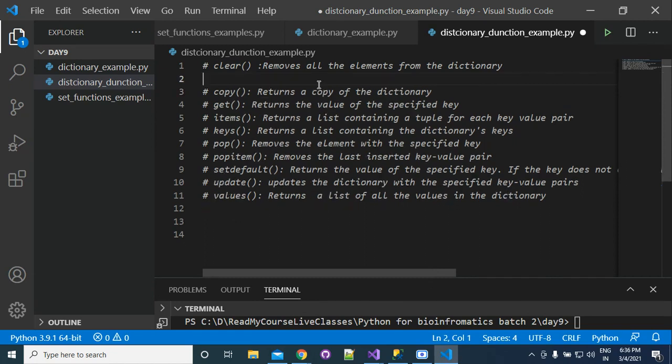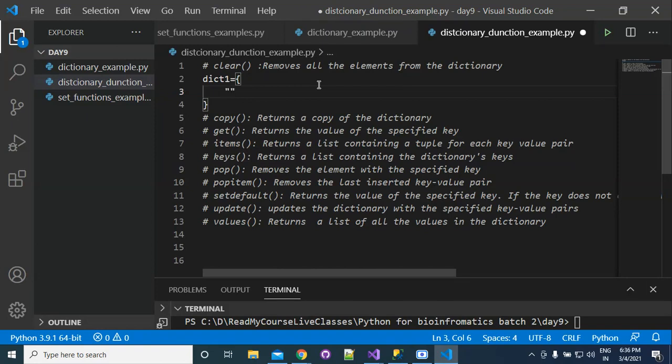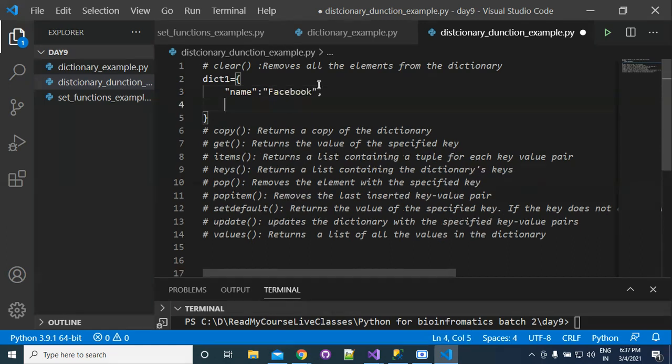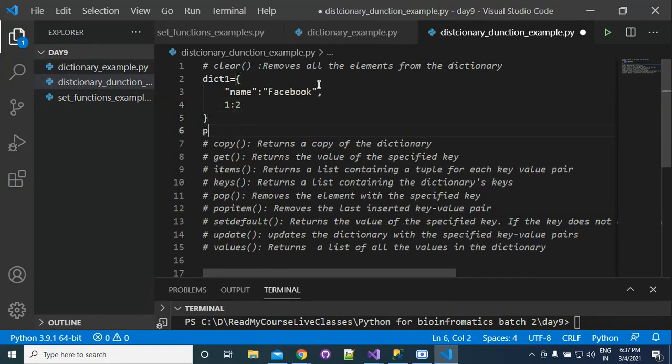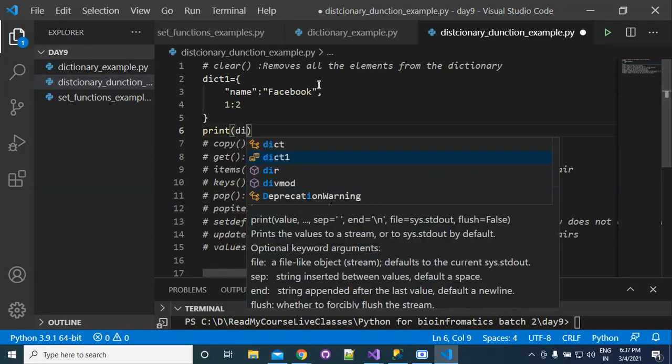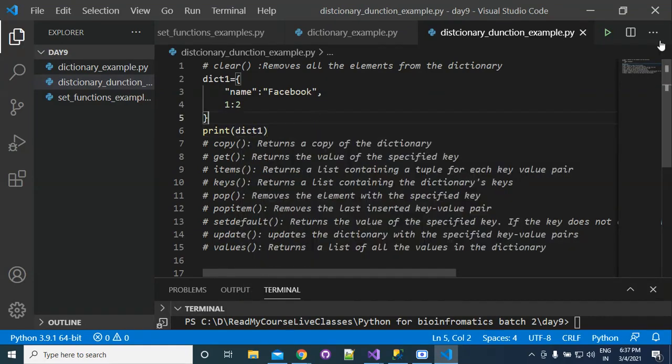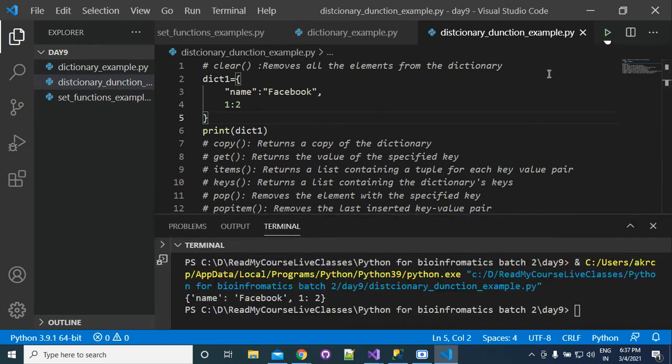So suppose that we have a dictionary equal to name: Anand, and then suppose 12. If you print your dictionary, it will print name Anand and 12.